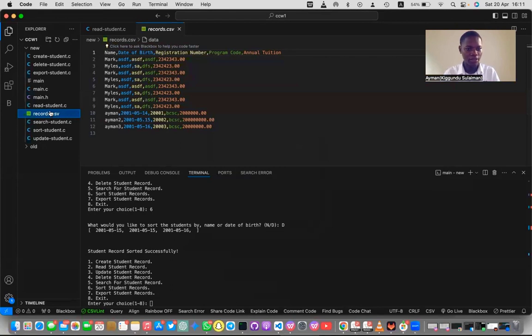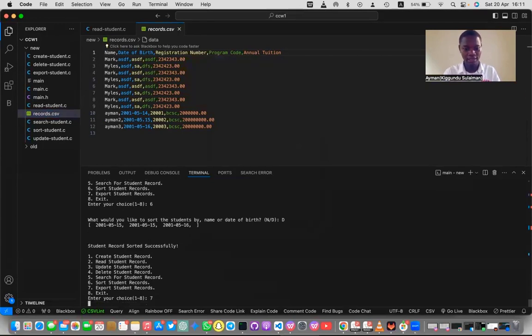So every time I run the command export, it will update this. We're going to do that in real time, so that you guys can also see that it is working nicely. So I'm going to choose option number 7, because it is the one exporting the main memory. When I choose option number 7, and I press enter,